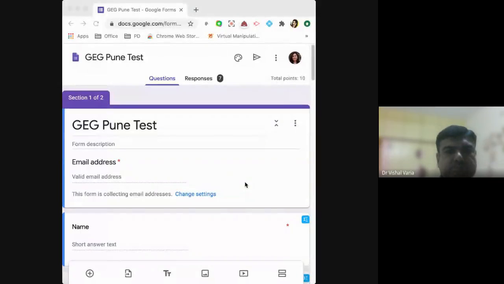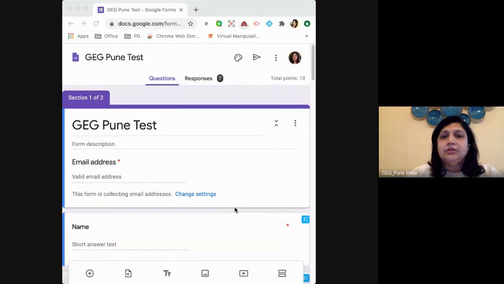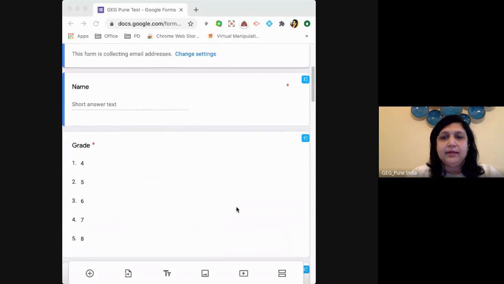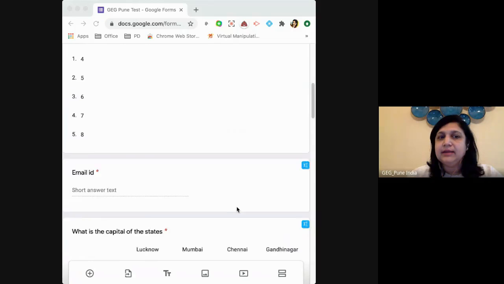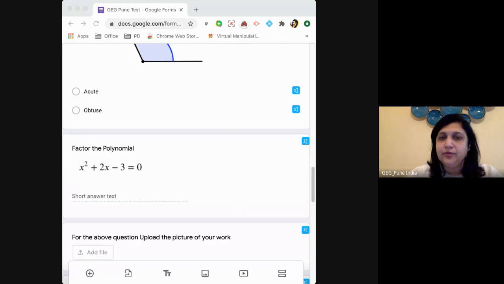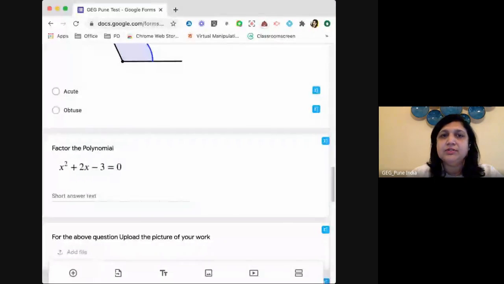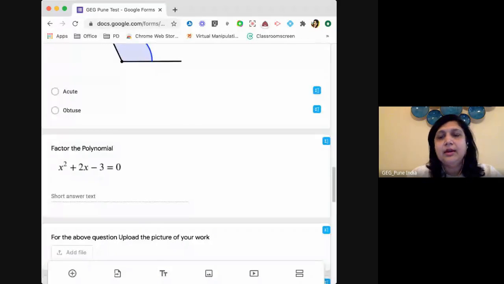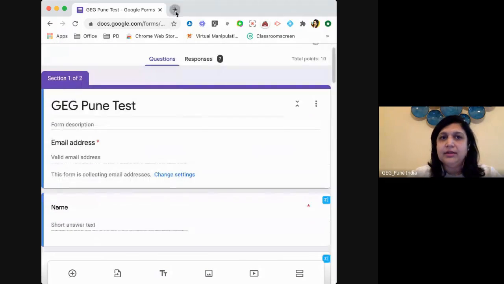Okay, so now this is a very, very basic form that I created. So we are going to create exactly a similar form where I'm trying to take all the different types of questions that you can insert, and then how we can have answer feedback right away, how we can have a response validation, what the person has entered, how we can check it. So let us go one by one on each type of question.